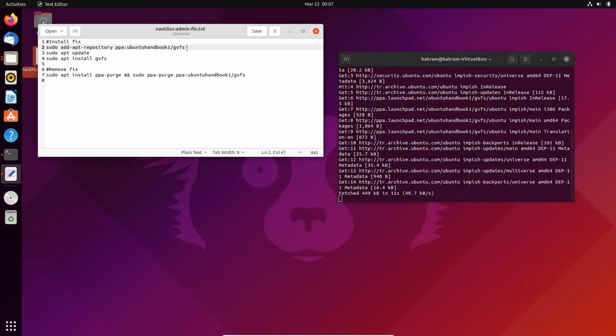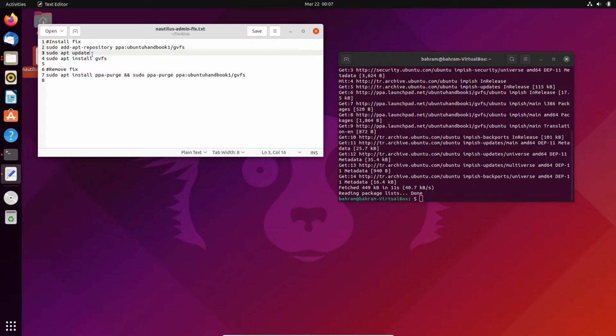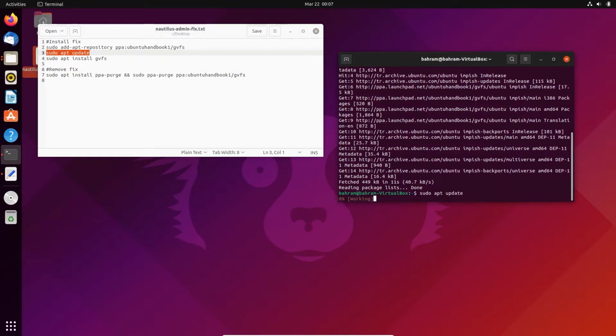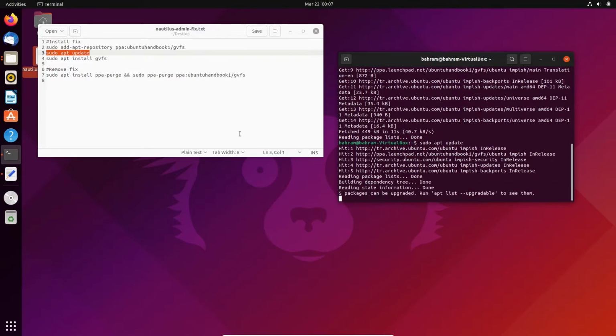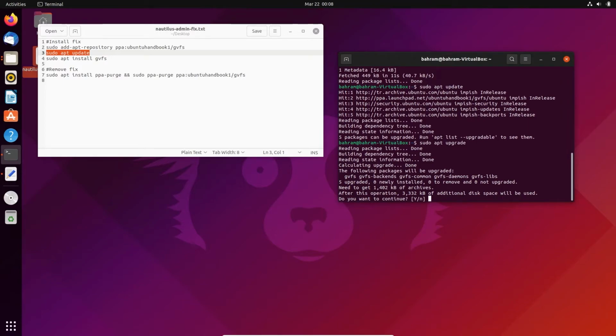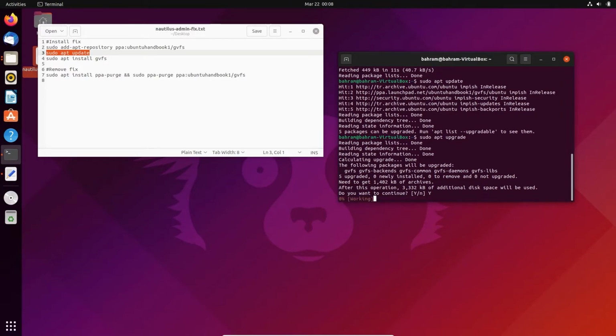This command added the repository to our repositories, and next we should update apt. This command, and there are 5 packages that can be upgraded. I will upgrade that. Sudo apt upgrade, y,